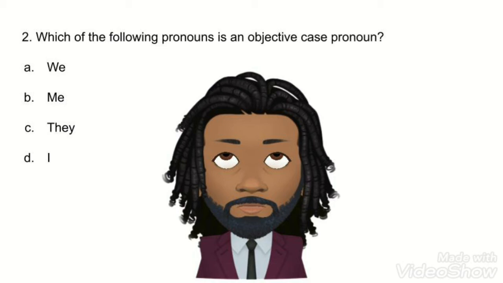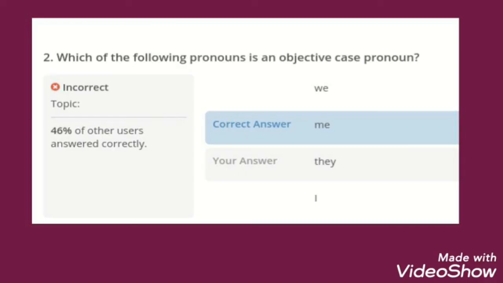When I actually took the test, yes, I'm embarrassed to say that I actually missed question number 2. I put C, they. The correct answer is B, me. And yes, I would have to say that I was just trying to find the objective pronoun, not the objective case. When I first read this, I didn't realize that it was saying uppercase, lowercase pronouns. I have no idea where my head was when I was taking this test, but I definitely got that answer wrong, and it corrected me.